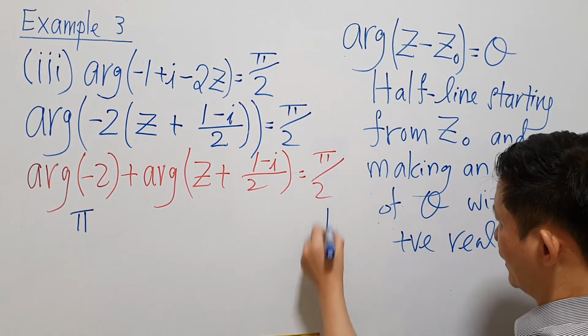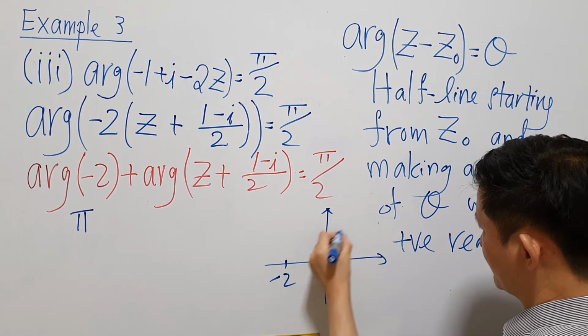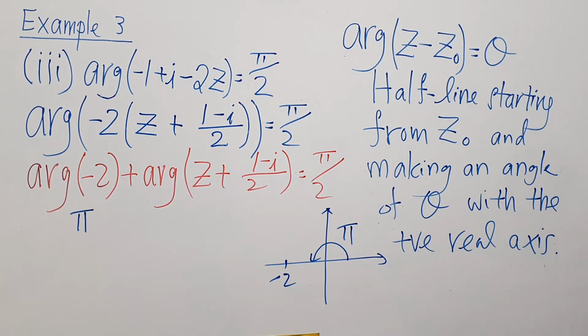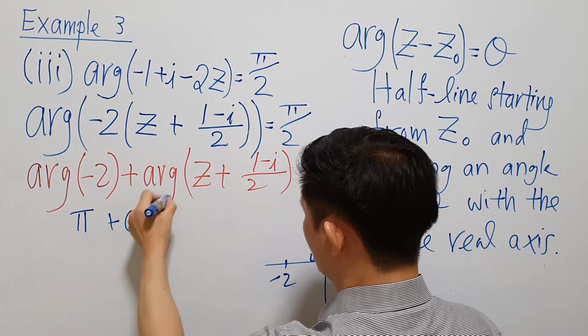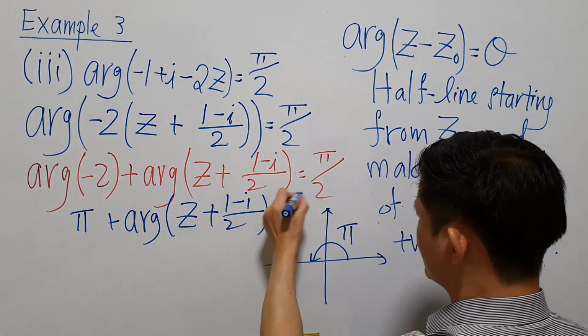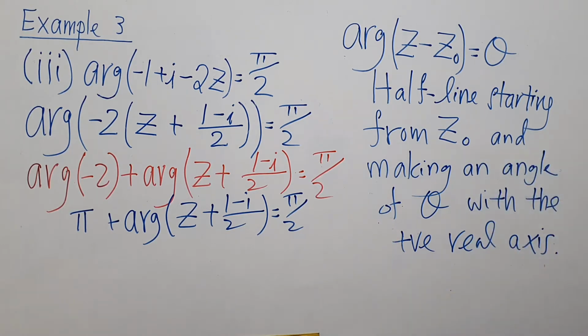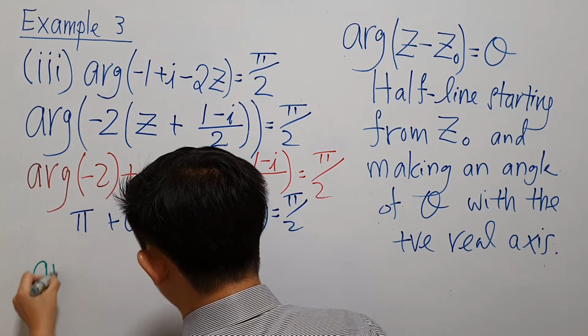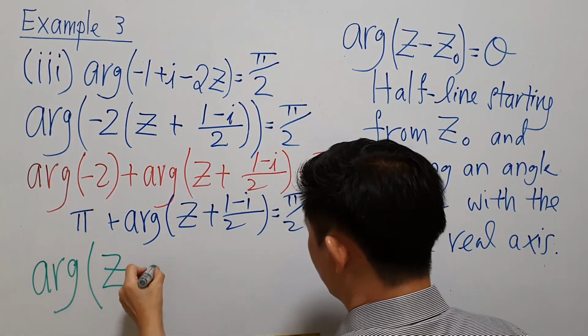If you draw the complex number minus 2, the minus 2 is here. So this is an argument which is pi. Okay? So the argument of minus 2, which is pi, plus the argument of whatever you have here is equal to pi over 2. And then now we want to rewrite. Finally, we want to rewrite this thing as, don't blink your eyes, this is going to be the argument of,